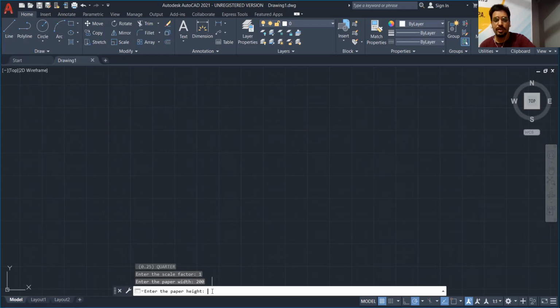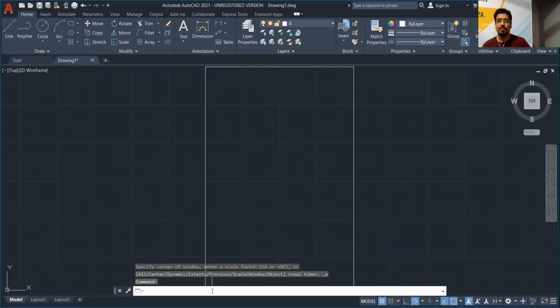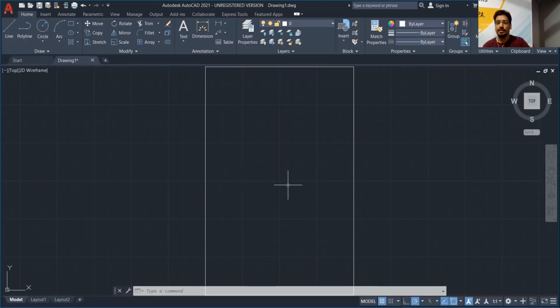For the time being I am taking it as 300, then enter. So in this way the sheet is generated in AutoCAD. Now whatever you have to draw, inside this border line you have to draw the drawing.